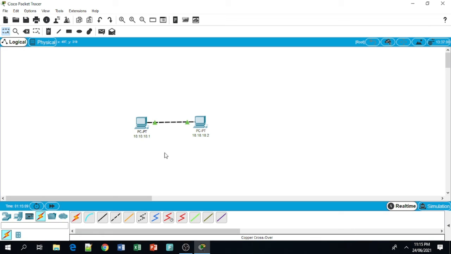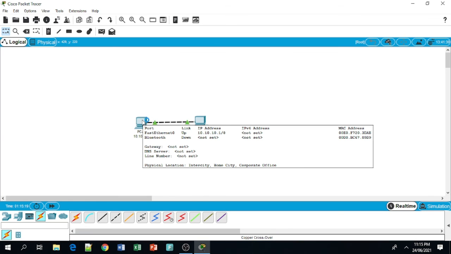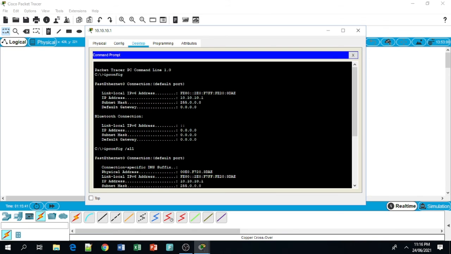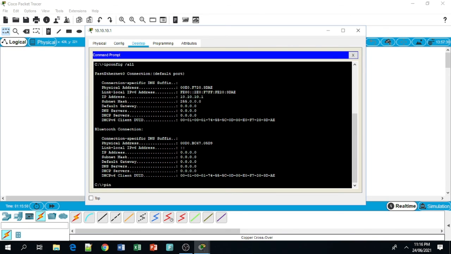Now, we will see whether two computers are reachable or not. We will go to the command prompt of this computer, and I will issue the command ping 10.10.10.2. That is the destination computer, and this computer is going to send 4 packets, and it will receive acknowledgement for 4 packets. Let me open this computer and click command prompt, and let me give ping